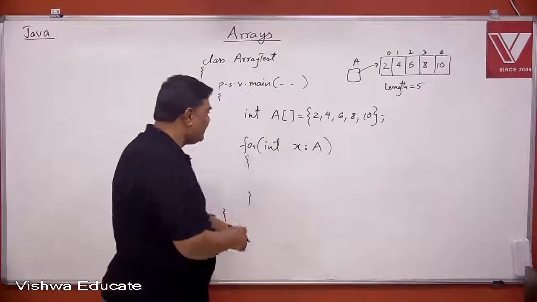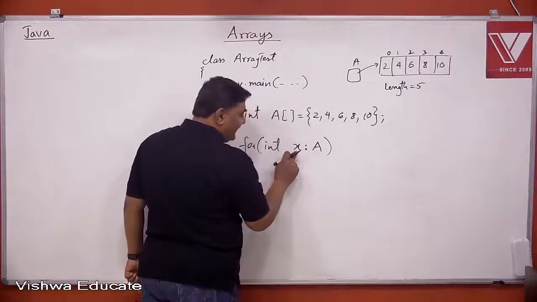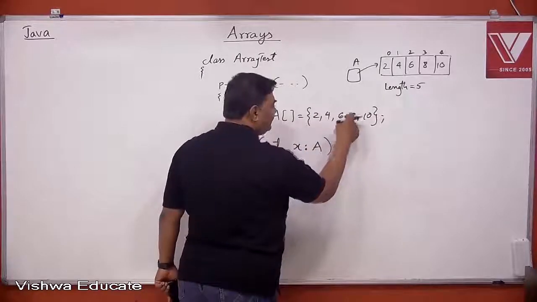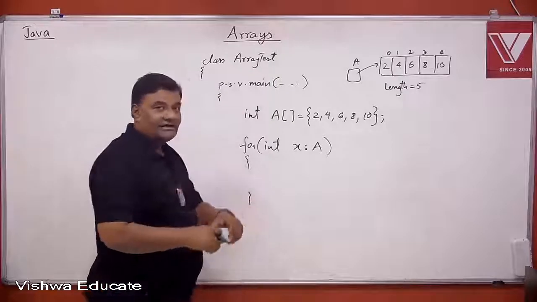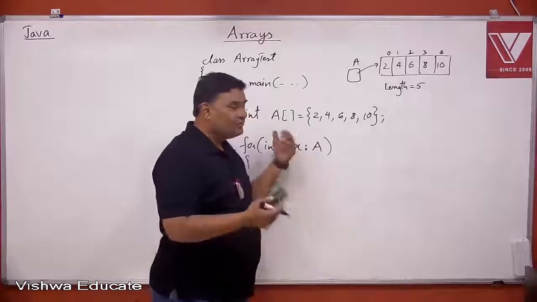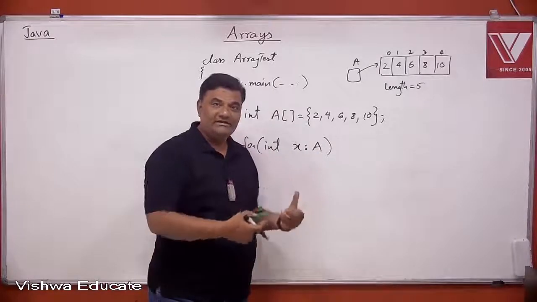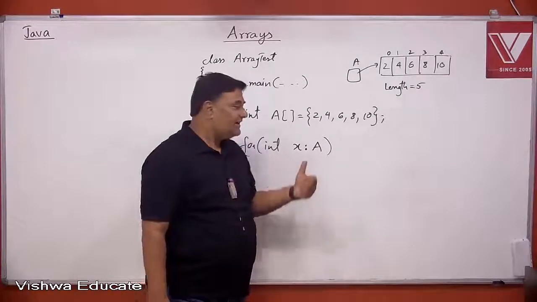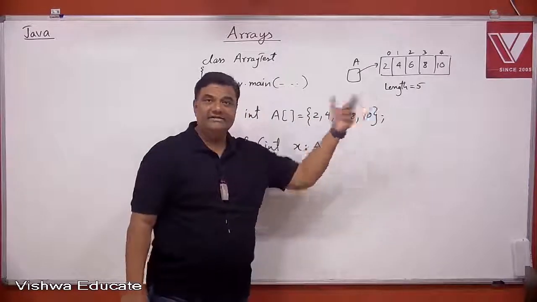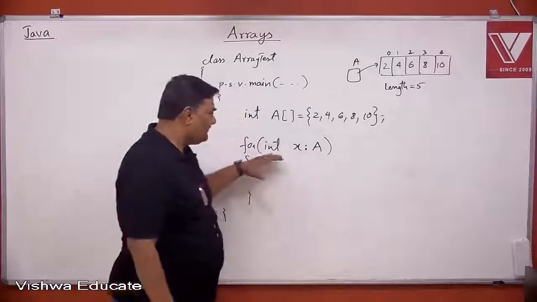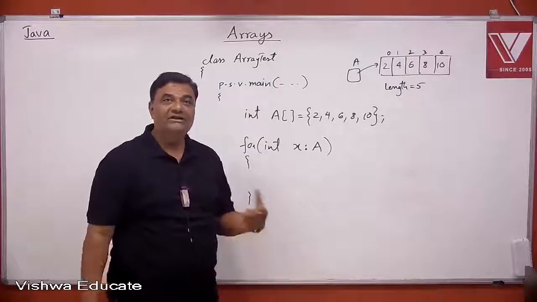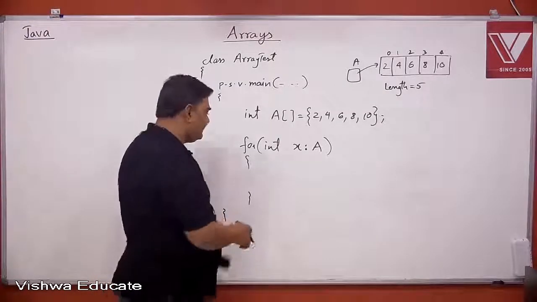Now what is the benefit here? How does it work? Let us see. This x will take the value first 2, then 4, then 6, then 8, then 10, one by one. So it will traverse through that array by taking elements one by one. So x will be changing the values. So x becomes a reference to the value itself, that is 2, then 4, then 6, then 8 and 10. So here I don't have to know how many elements there are, what the elements are, what the size is, nothing. I don't even have to say a of i or anything. I can simply say